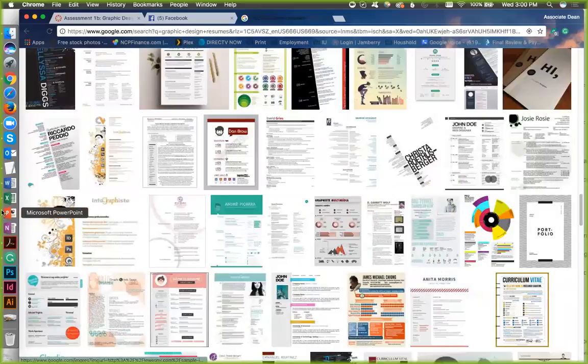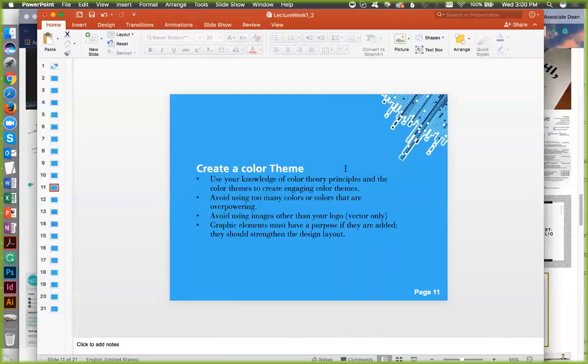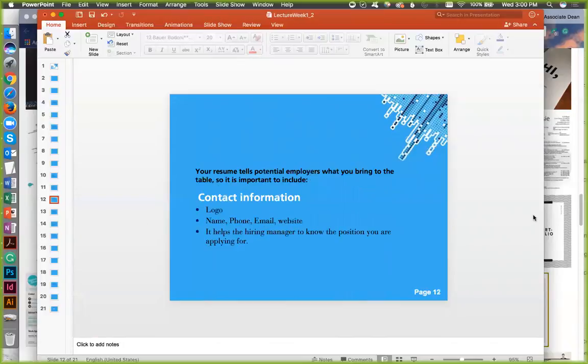So let's jump back over here. All right. Your resume tells potential employers what you bring to the table. So these are some of the elements that are important to include. Your contact information, which includes your logo, your name, your phone, your email address, and this right here: graphic designer.